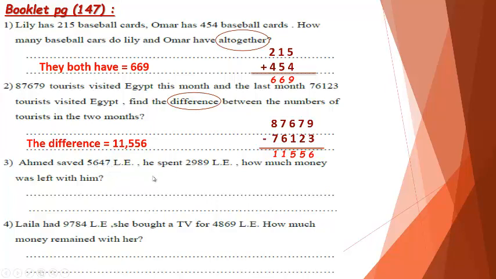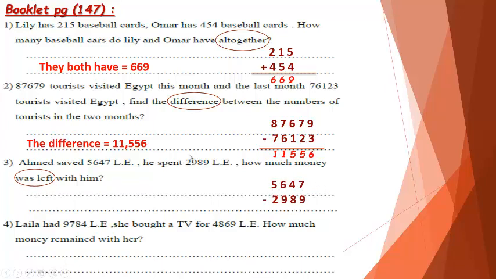Number 3. Ahmed saves 5,647 pounds. LE means pounds. He spent 2,989 pounds. How much money was left with him? I want to find the rest of the money. He had, or he saved, 5,647 and he spent 2,989. So how much money was left with him? So I'm going to just subtract